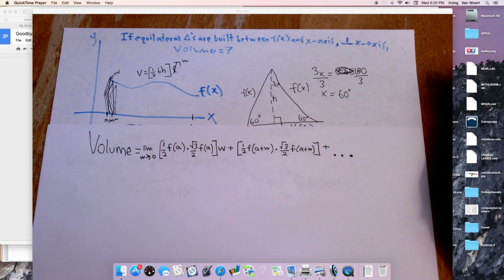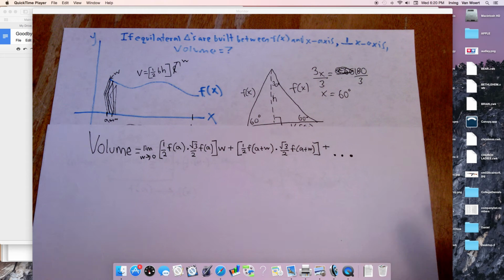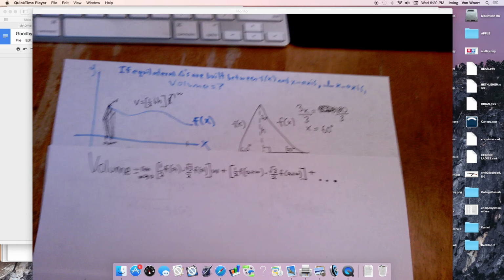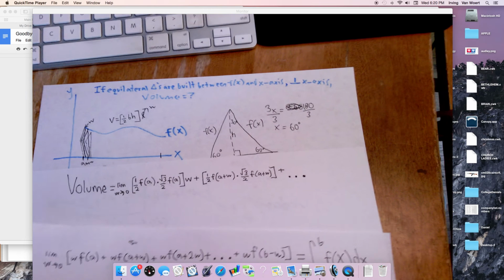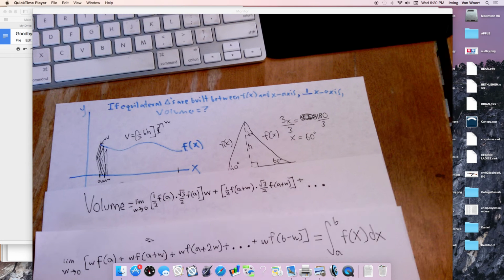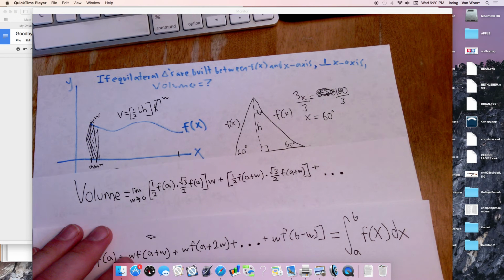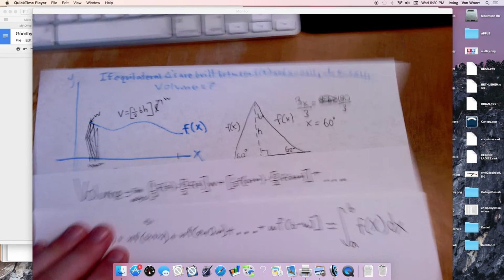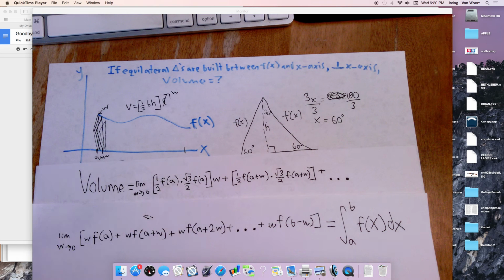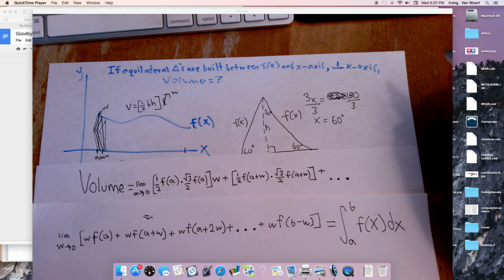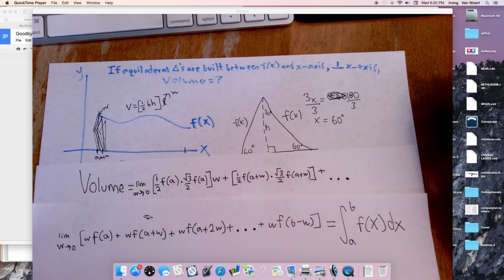But how do we get from this formula to the integral? Because we want to get to the integral so that we can plug it in our calculator, right? That's what the calculator understands. Well, here is the generic formula for finding the integral, or finding how this limit of the sequence equals the integral. So what you'll see is that